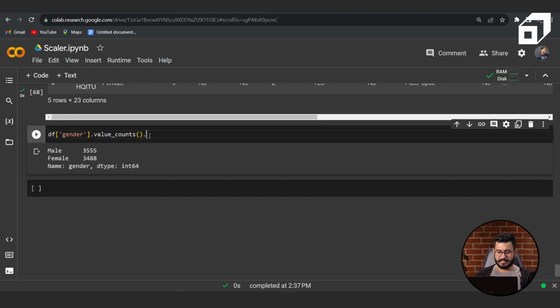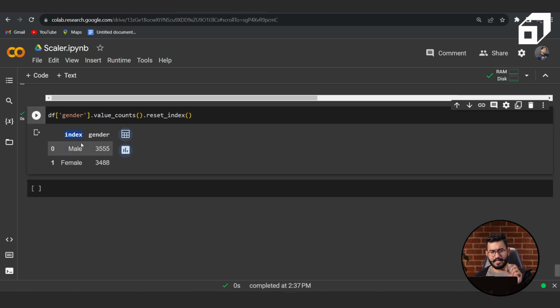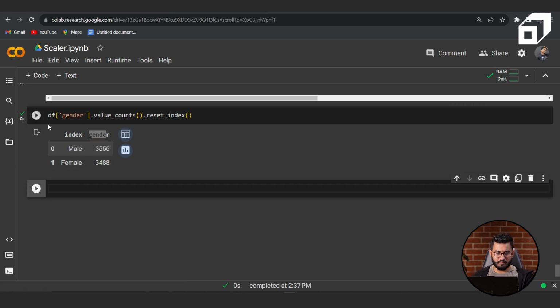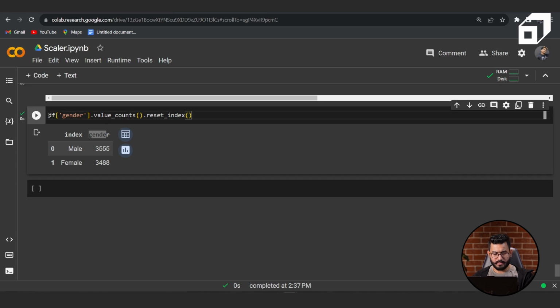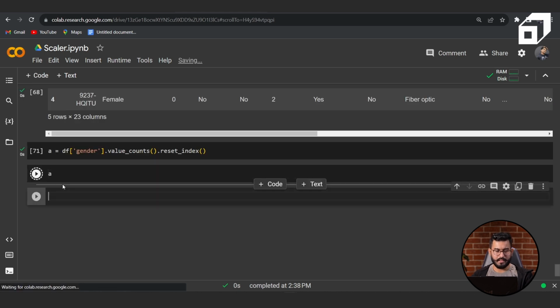Now if I reset this, reset_index, I'll basically get a data frame where I have the index column with the category and the gender column with the count. Let's try to plot it now. So I'll preserve this in a variable known as A, where A is my data frame. So I will write A is equal to this, and how my data frame A looks like. So A looks like